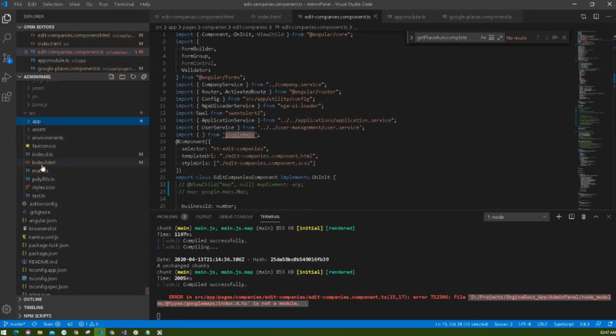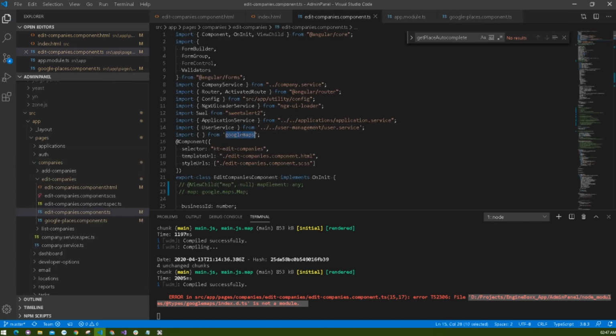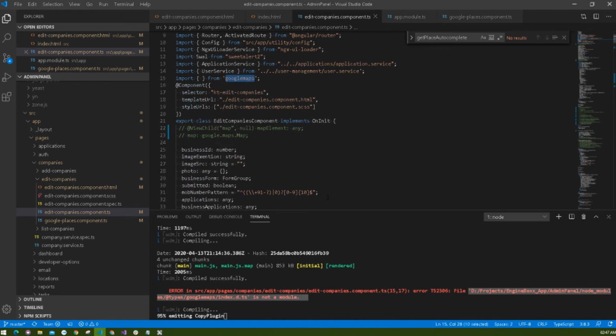So I created a file index.d.ts in src root. You can see this is a very common place where you have to declare one module, Google Maps. Once you do that, you see the error is gone now. So this